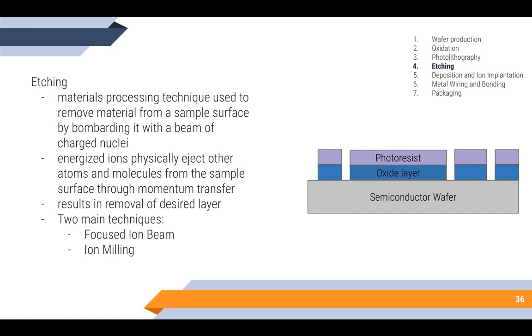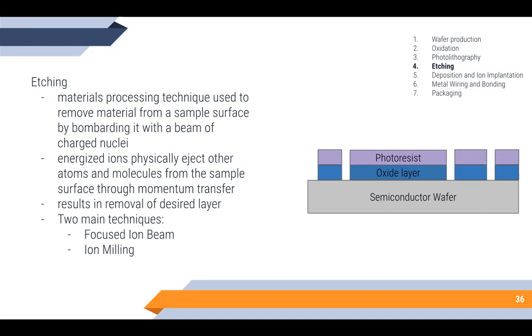In the case of focus ion beam technique, a finely focused beam of high energy ions, commonly gallium with up to 30 kilo electron volts of energy, is used for precision milling in spot sizes of 50 by 50 microns thick, and preparing samples may take a significant amount of time.